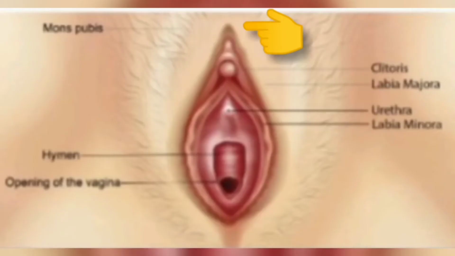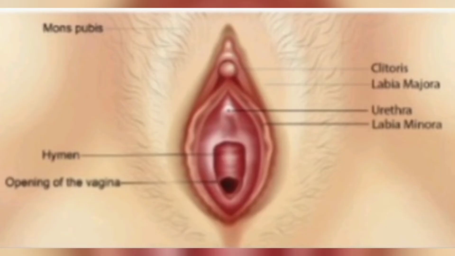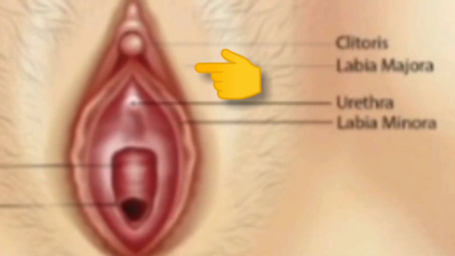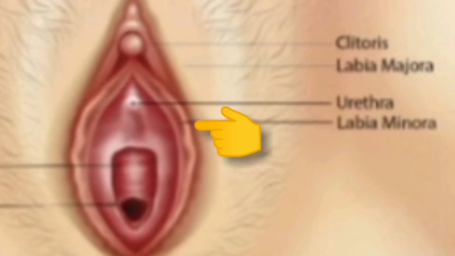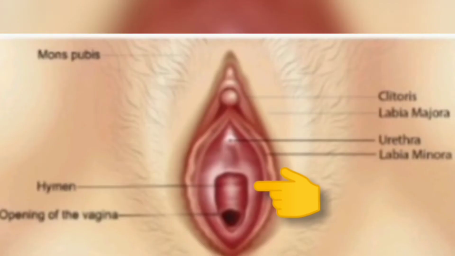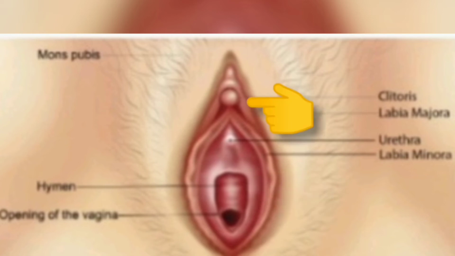The female external genitalia include mons pubis, labia majora, labia minora, hymen and clitoris. Mons pubis is a cushion of fatty tissue covered by skin and pubic hair. The labia majora are fleshy folds of tissue which extend down from the mons pubis and surround the vaginal opening. The labia minora are paired folds of tissue under the labia majora. The opening of the vagina is often covered partially by a membrane called the hymen. The clitoris is a tiny finger-like structure which lies at the upper junction of the two labia minora